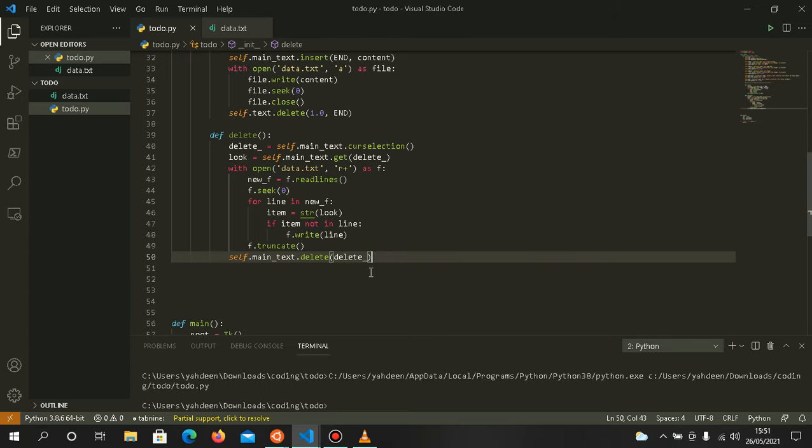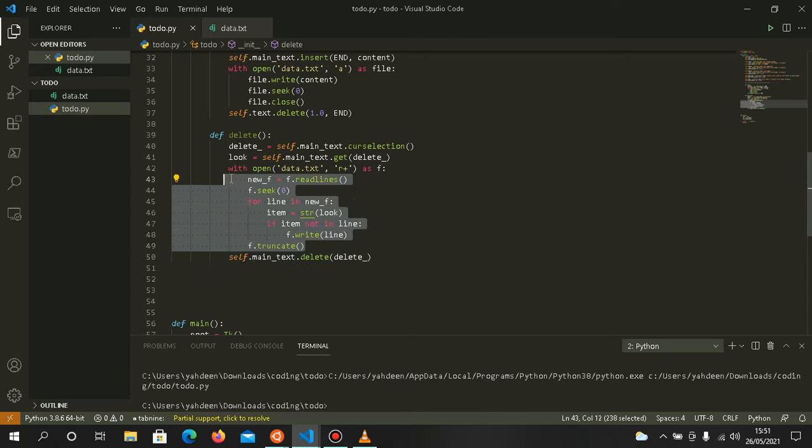This line deletes it on our list box, but this right here deletes it on our text file, so that we don't have that item. When you delete it, we don't want it to still be on our list, on our text file. So we want it deleted. So that's the purpose of